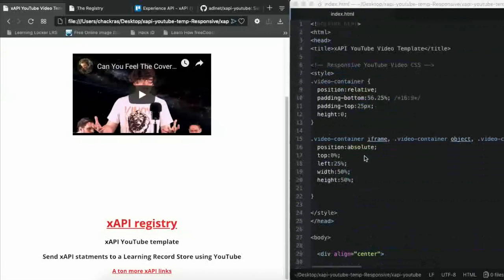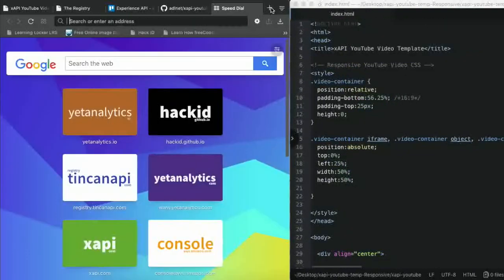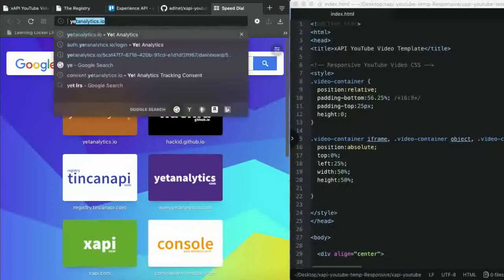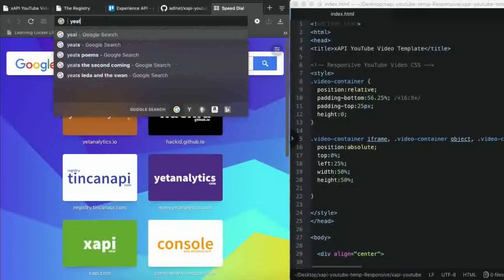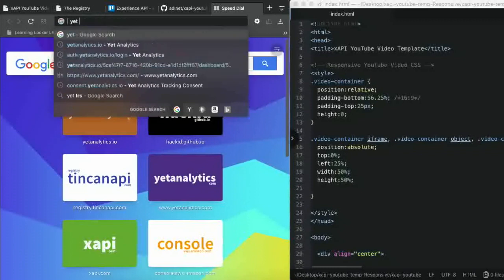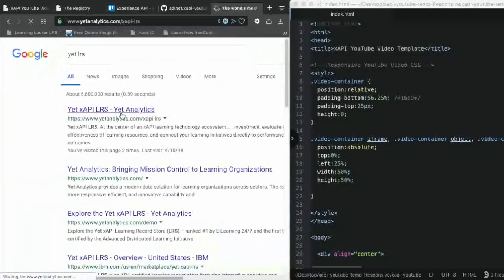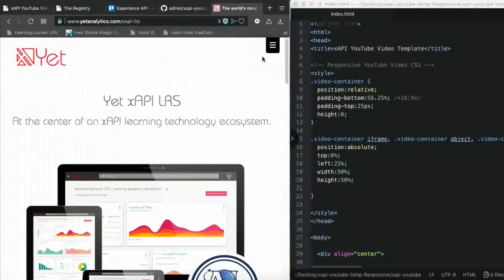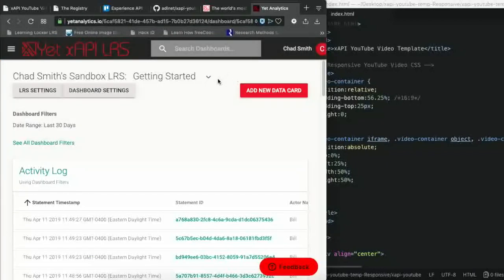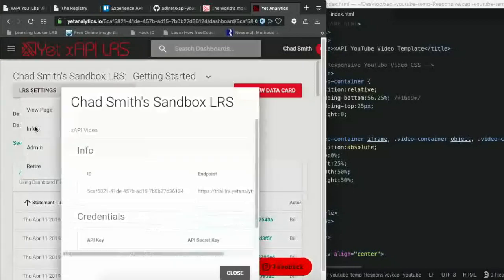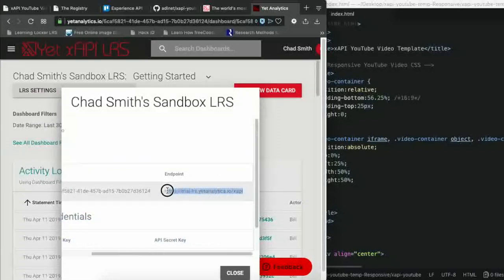So let's go ahead and take a look at ADLNet and sending statements through ADLNet. So what we're going to do now is we're going to go to our LRS settings. We're going to go to info. On info, we're going to go ahead and copy this endpoint,